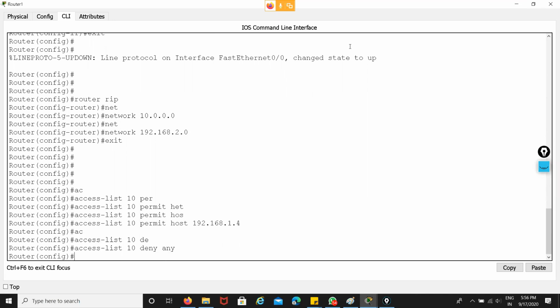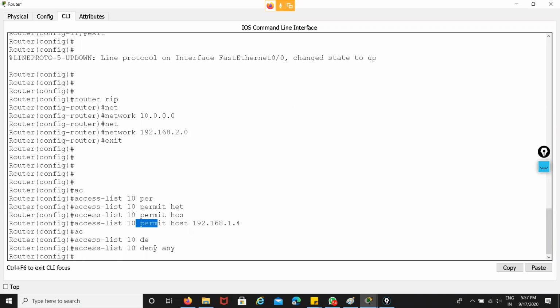Any means, if you choose a permit statement for one PC, then if any packet comes to this router, the router checks that information against its ACL. If any IP address matches, like 192.168.1.4, which carries the permit statement, it simply allows that packet to the server.